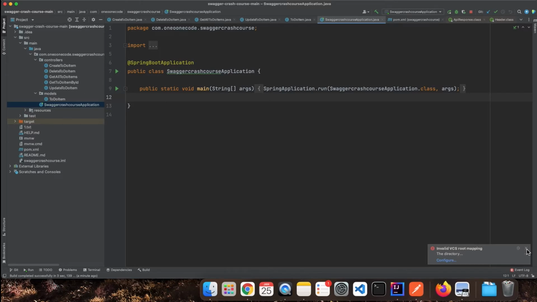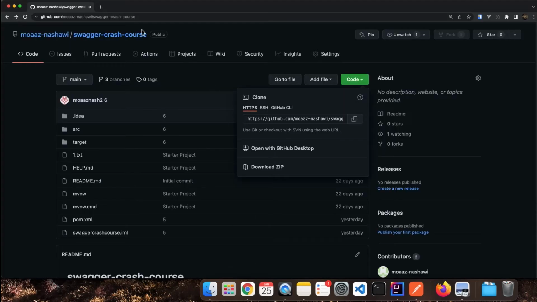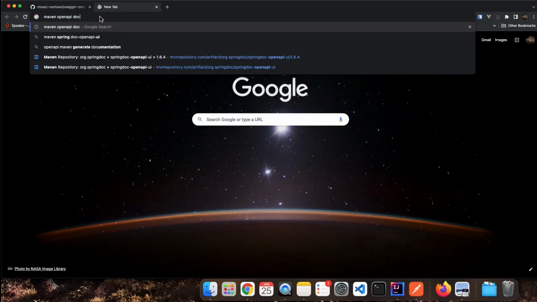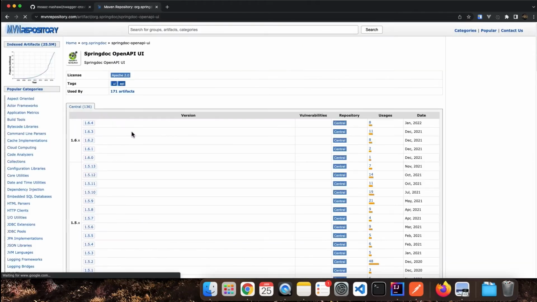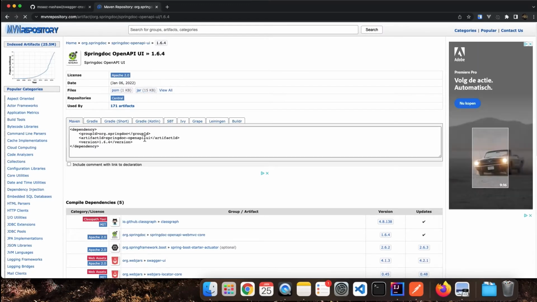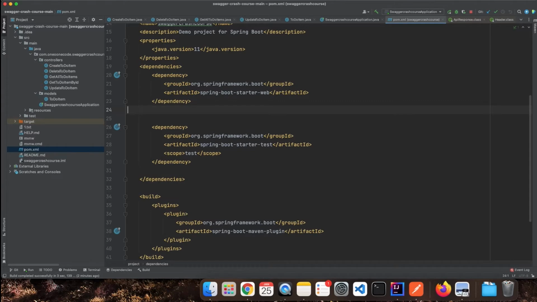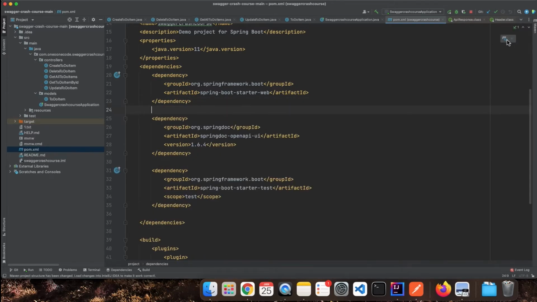The first thing to do if we want to start to use OpenAPI specification and Swagger is to add the OpenAPI doc dependency to the POM.xml. We can do that by searching for maven OpenAPI doc and opening the Maven repository, where we can see the latest version is 1.6.4. We can copy the dependency and add it to the POM.xml file in the dependencies section. Now, if we refresh